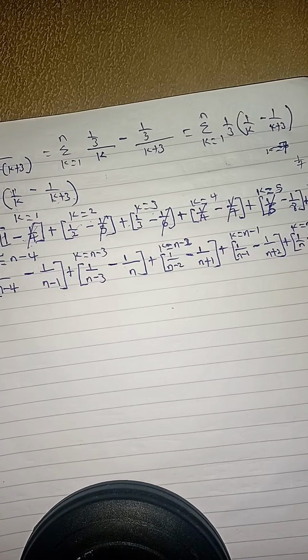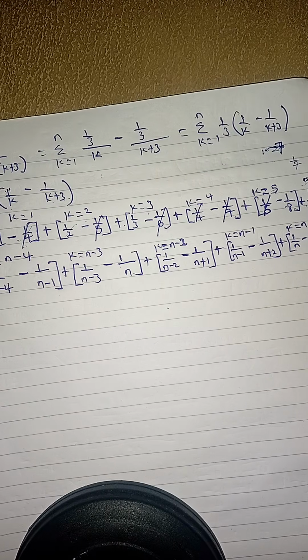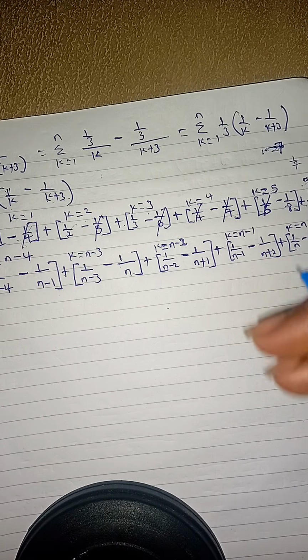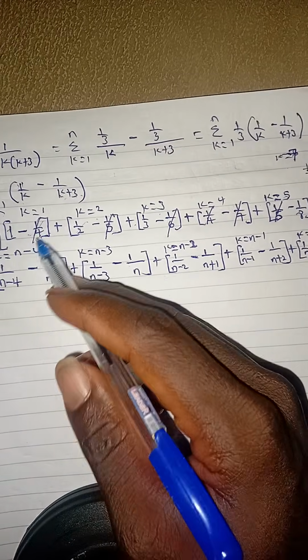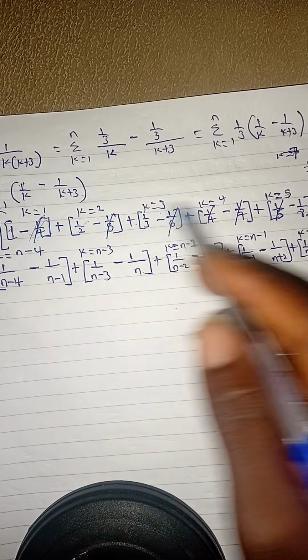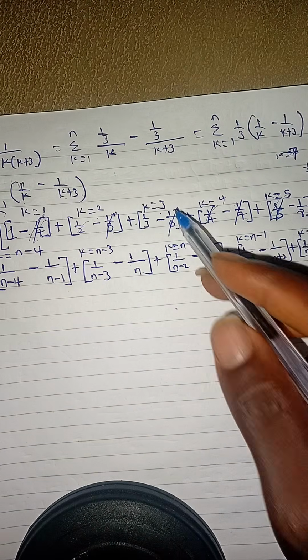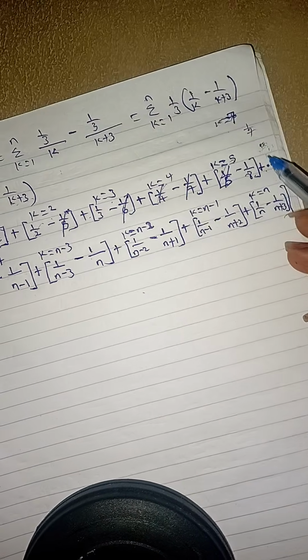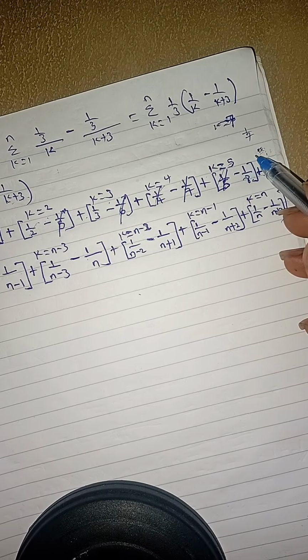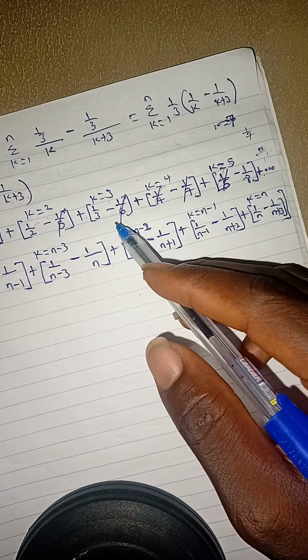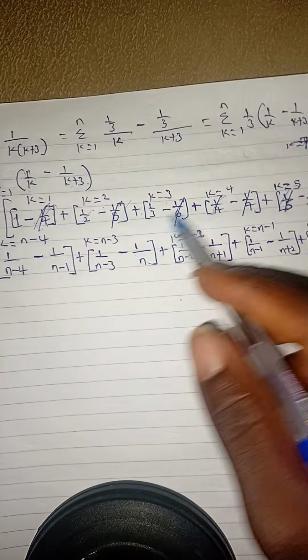So, now what you need to know is, where do you have 2 to start cancelling out? The first one, only 1 cancels out. This cancels this. The second one, only 1. This cancels this. The third one, only 1. This cancels the first term. If I were to write for k equals 6, are we together? So only 1, only 1, only 1.